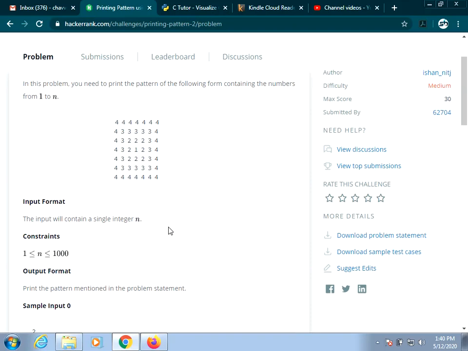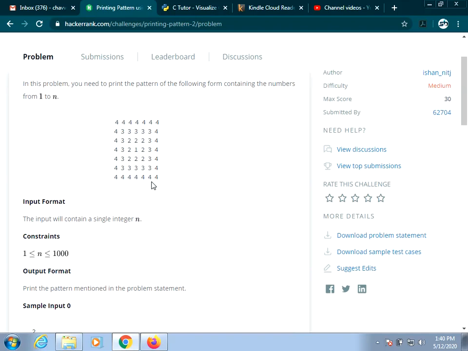So while solving pattern problems, you have to basically know how to use loops properly, how your loops will work, and you should be able to divide the repetition process, whatever that is printing here. That is, whenever you are printing this line, how you are going to print that line, next this line, how this line. You should be able to properly comprehend what your pattern is, how you are going to break down